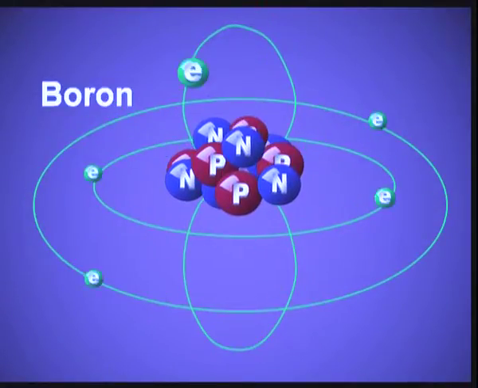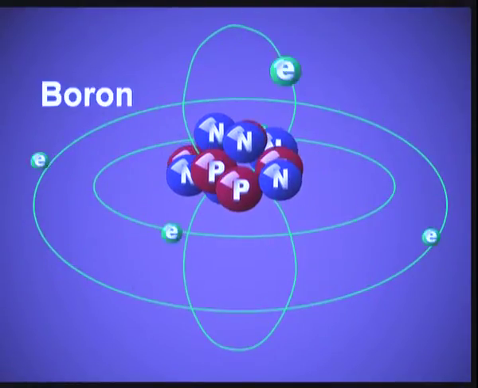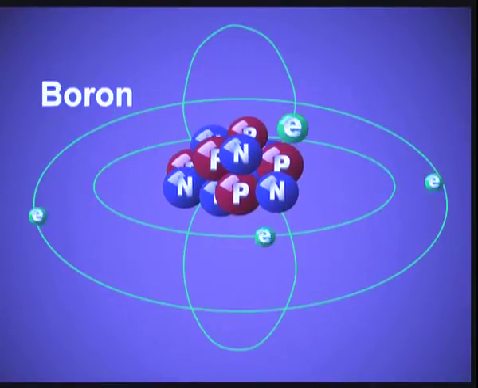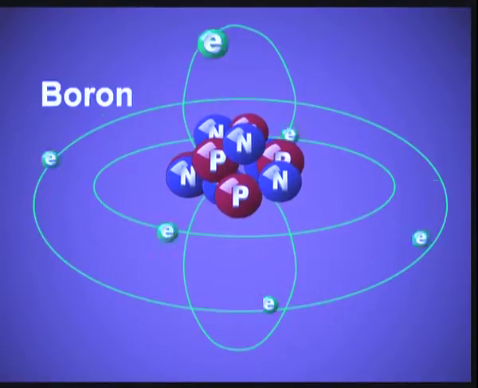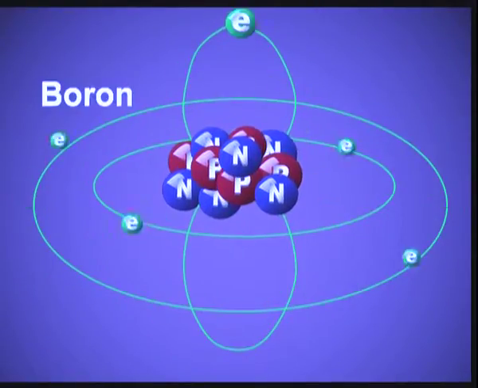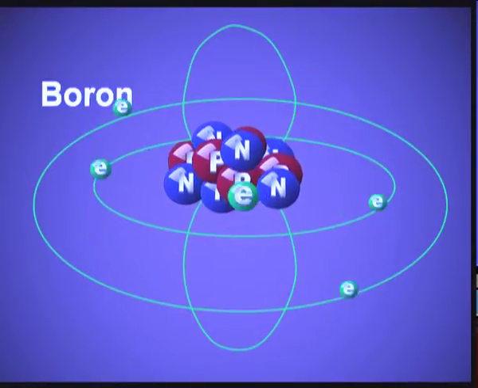Now you can see the 5 electrons in boron. The shell remains the same, that is 2. The principal quantum number is the same, 2. The electrons are in the same shell, but the atomic number is increasing. That means the electrons are added in the same shell, and the protons are added in the nucleus. And when the protons are added in the nucleus, the power of the nucleus increases. Its attraction power increases. We say it as effective nuclear charge.